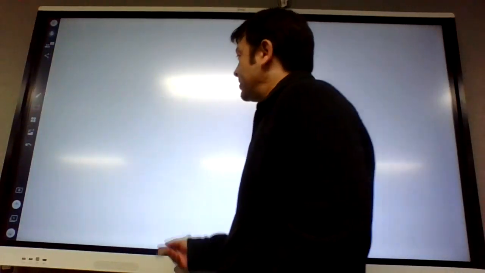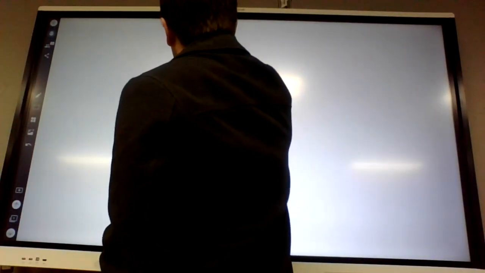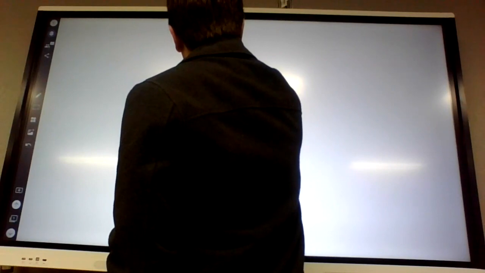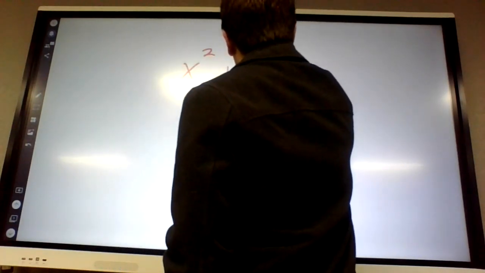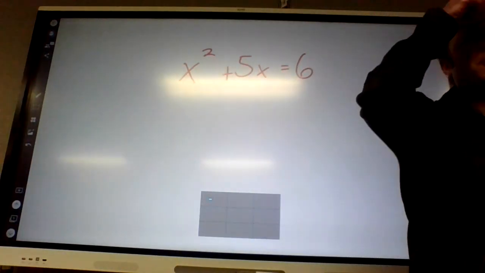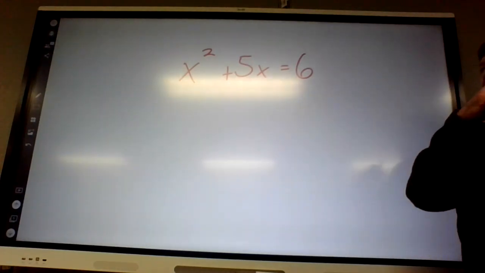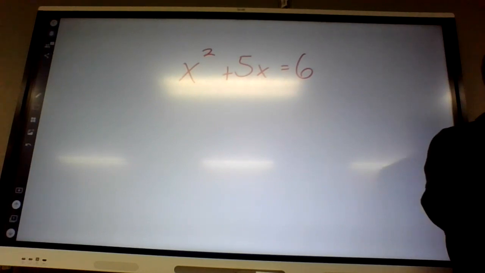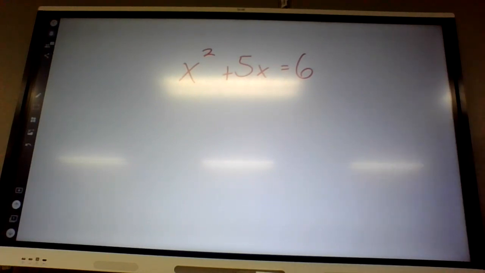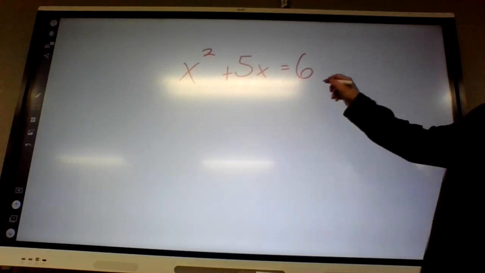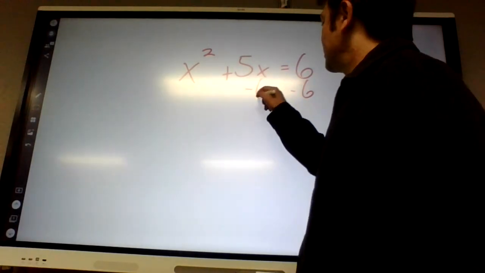So yesterday we talked about how to solve equations that looked something like this. You guys remember what the first step was? You subtract 6. Okay, we want one side to be a 0. So to get rid of the 6 on the right side, we could subtract 6 on both sides. So if I subtract 6,